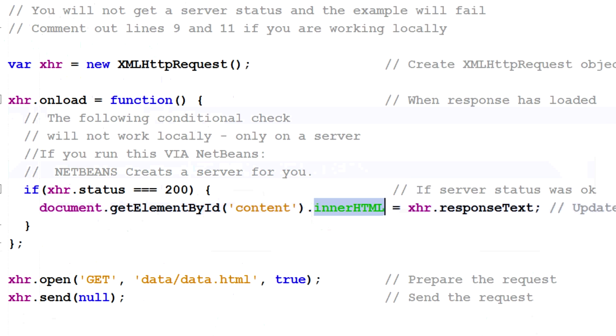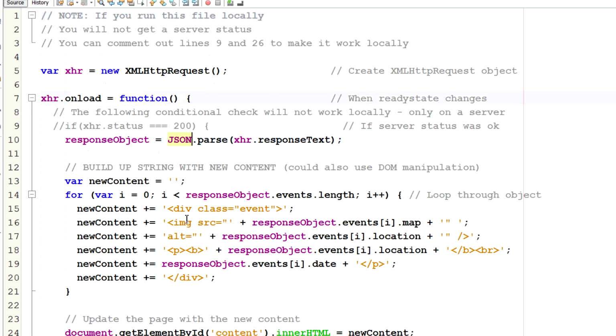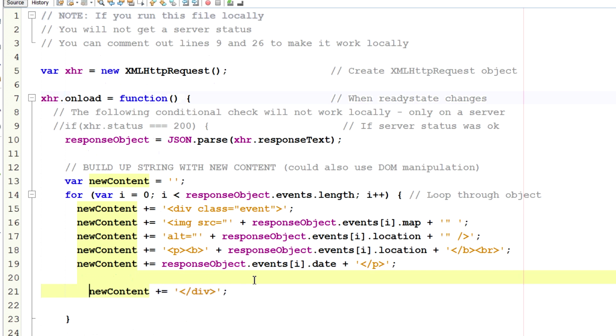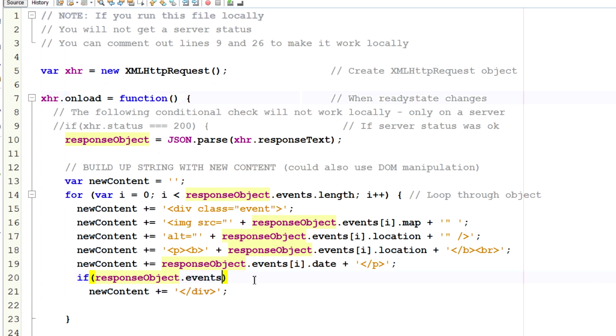Let's see, close these ones we're not using right now. Okay, data JSON.js. I will do an if here. If response object dot events i dot time